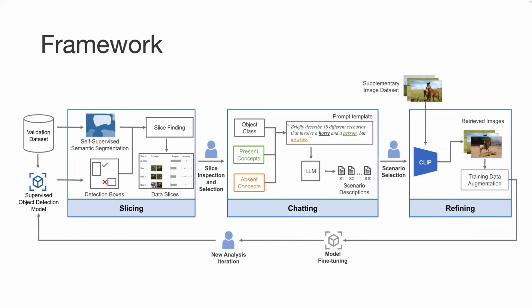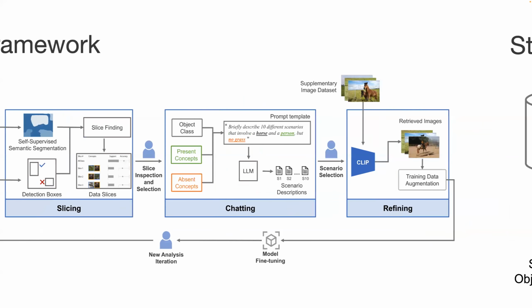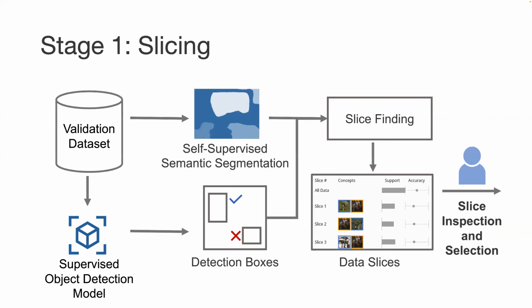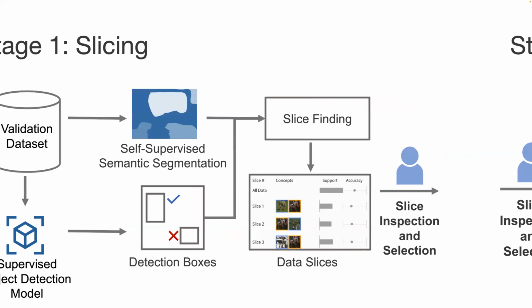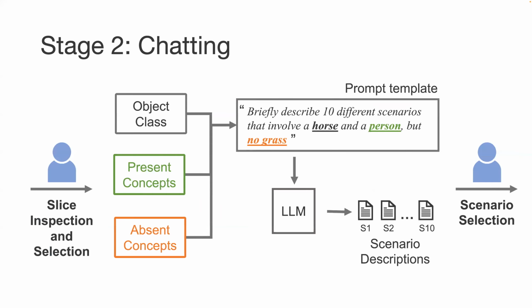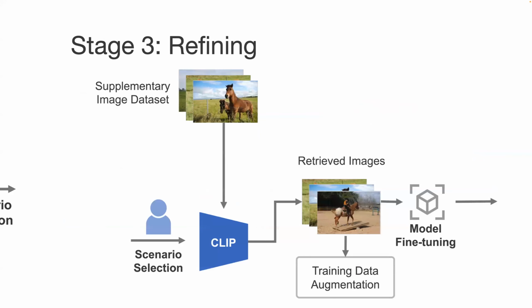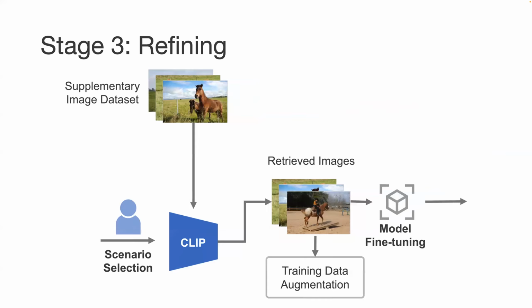The workflow consists of 3 key stages. Firstly, ConceptSlicer finds underperforming data slices based on the model evaluation metrics and metadata generated using self-supervision techniques. Next, users generate natural language descriptions of the detected data slices by chatting with ChatGPT to support failure mode analysis. Finally, ConceptSlicer supports the users to query similar data from the supplementary dataset and retrain the model with the augmented